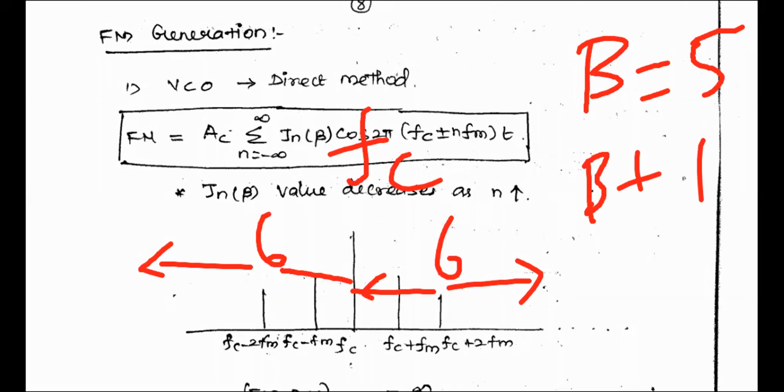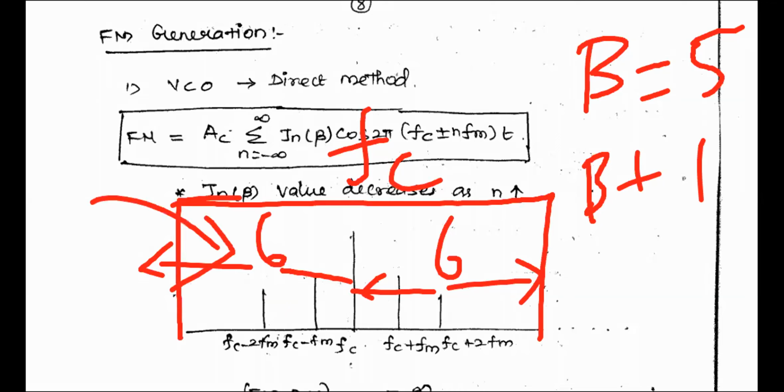Then once you observe the energy over that spectrum, you will have almost 99% of the energy. Okay. What is the conclusion? The beta plus 1 upper side bands and beta plus 1 lower side bands have 99% of the energy of the original signal. So in the remaining spectrum, you have only 1% of the energy. So even if you lose 1%, there is no problem. You can recover your original message signal somehow. So he is giving you the idea how much spectrum you have to take: beta plus 1 upper side bands and beta plus 1 lower side bands.